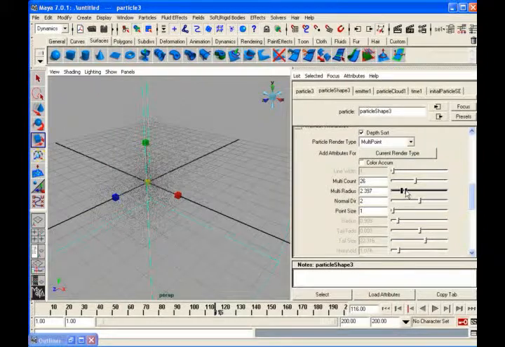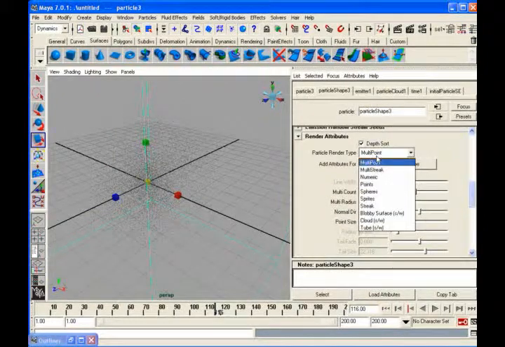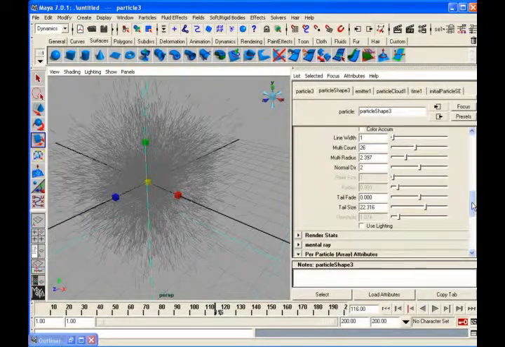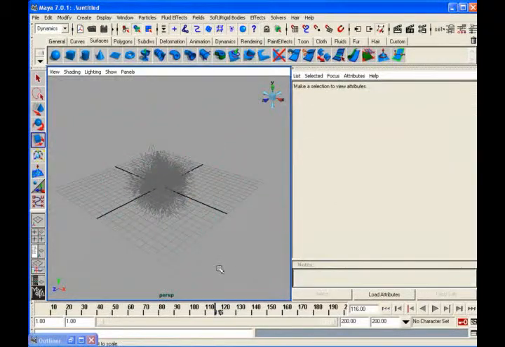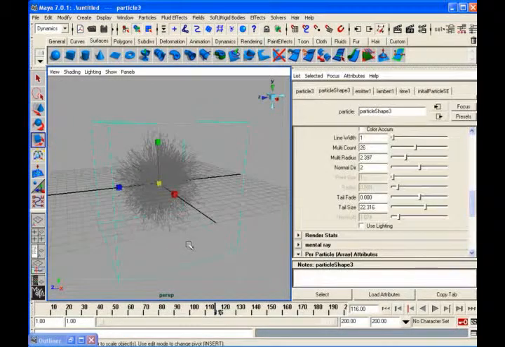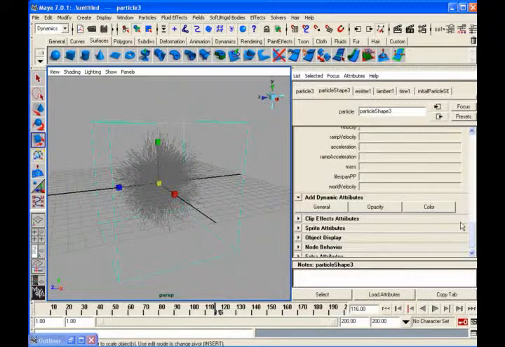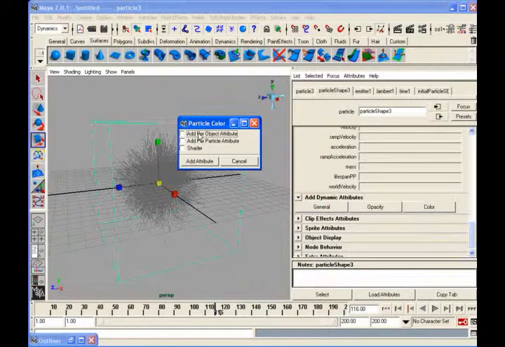So generally they don't have any color. This particle doesn't have any color. They are just gray scale. So two types of colors we can give. Per object means total single color we can give, or per particle means each particle individually, I can give a color. Two things can be happening.